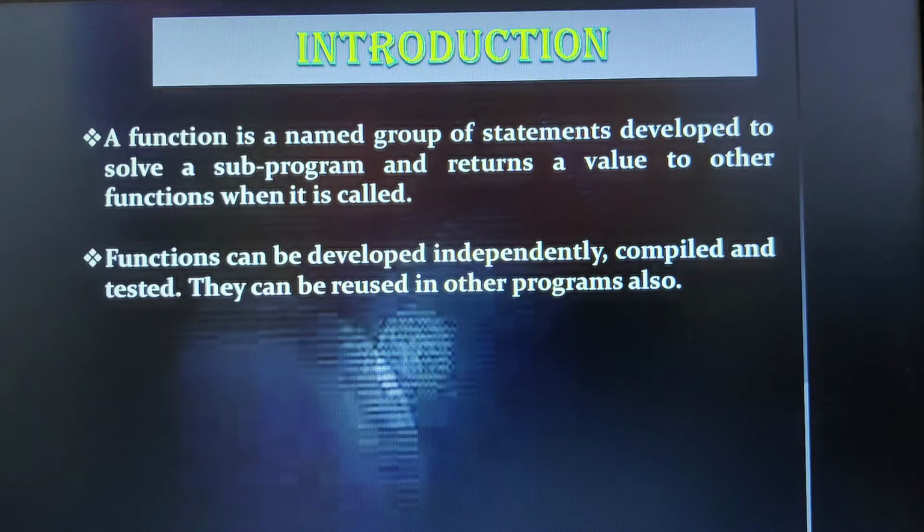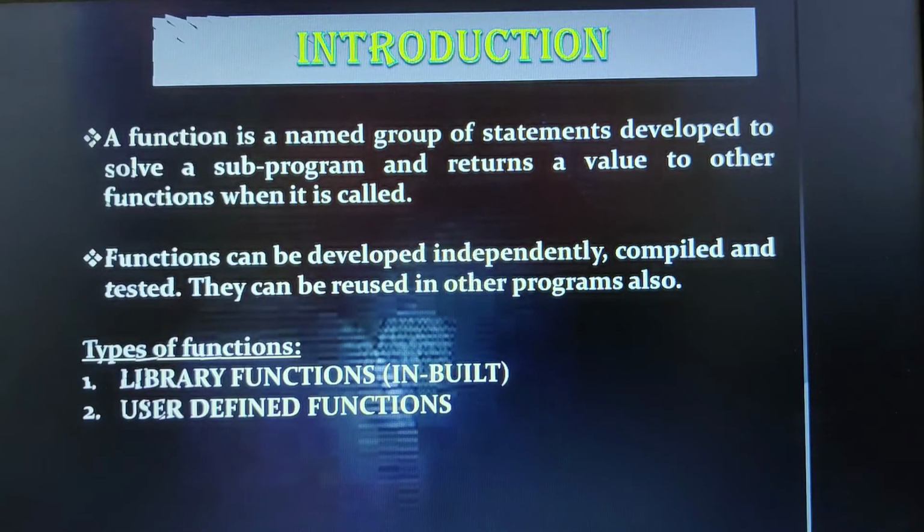It's actually a group of statements which has been developed to solve a given problem or subprogram, which would return a value after it gets executed. A series of instructions get executed. It will calculate, whether the sum or subtraction or multiplication, and return that value back to where it was called. Now let me explain this with a programming example so that you can clearly understand how we are implementing functions in programs.